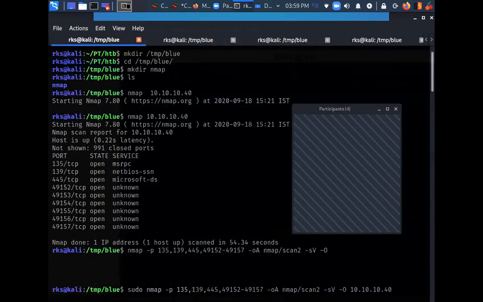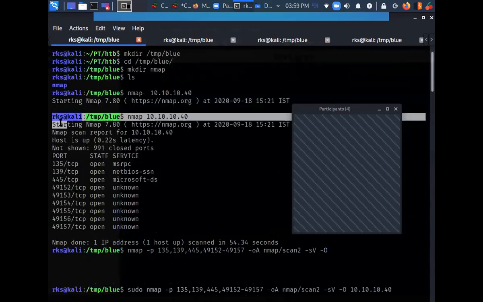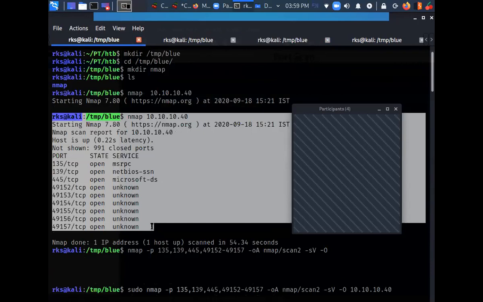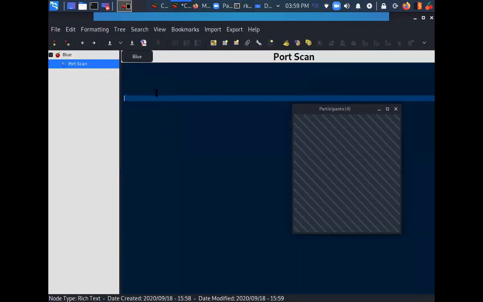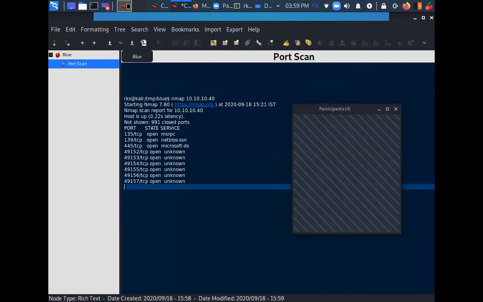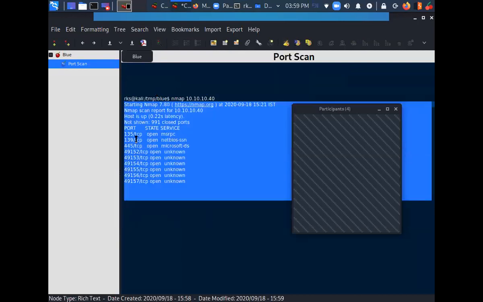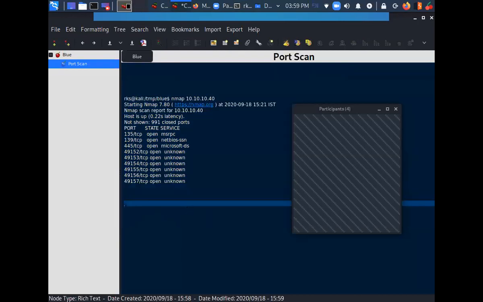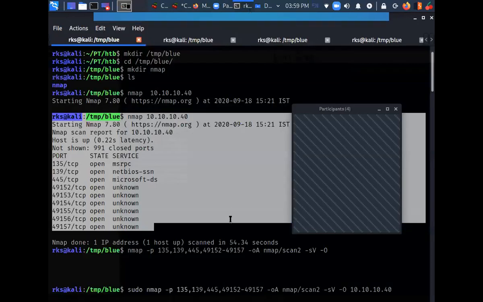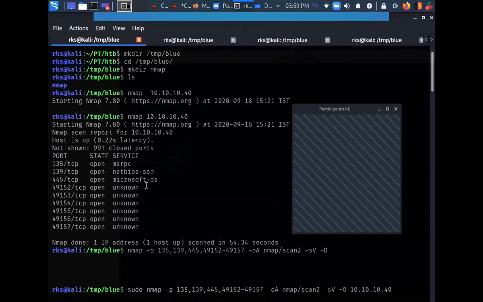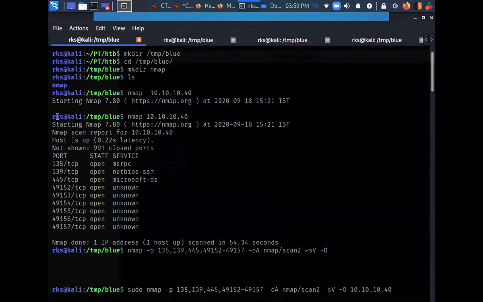There are multiple ways. One way is simply copying your output from the terminal. Just click on copy and go here and paste it. This is one way of taking notes. Another way is taking screenshots of this stuff from time to time. How can I take a screenshot of this part only?